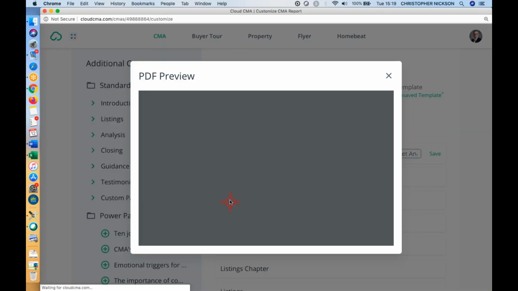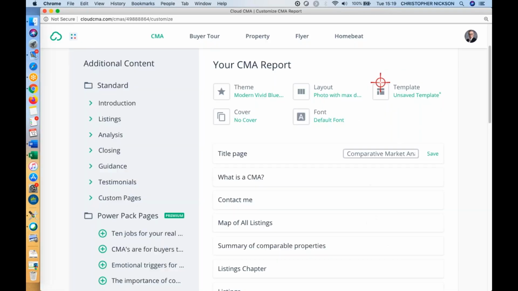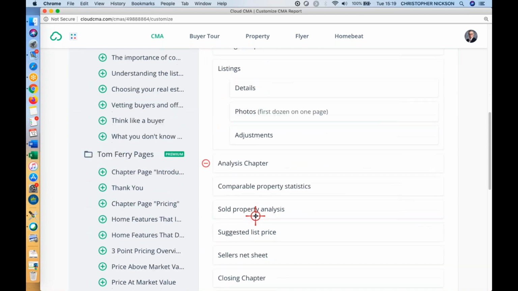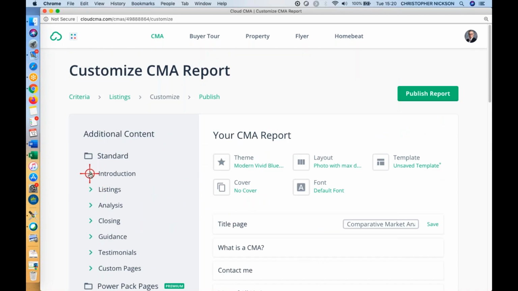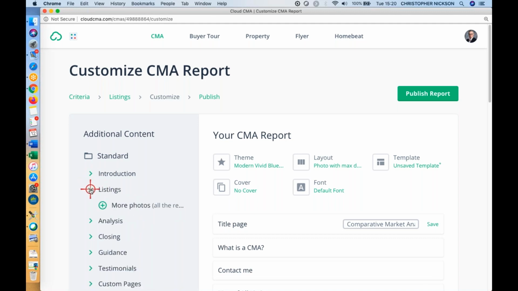The contact me page. You can just click through these and see how they all show up. The map of the listings, summary of comparables, listing chapters. Over here, you can go through, and this is the default template. But under each one of these sections over here on the left, if you click under introduction, these were the items I took out. I didn't want to keep them in there in the introduction page. In the listing section,